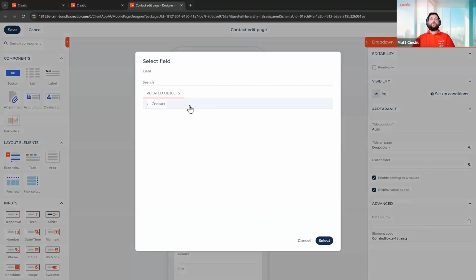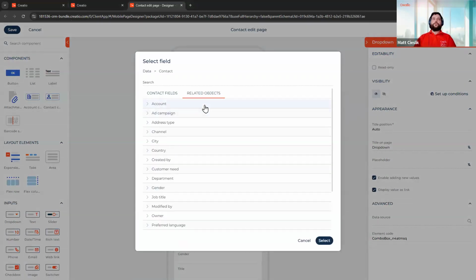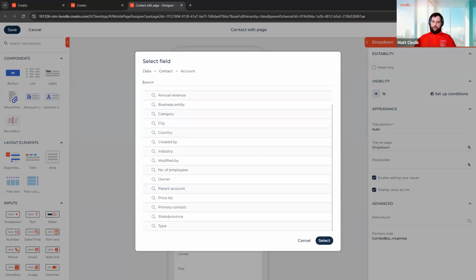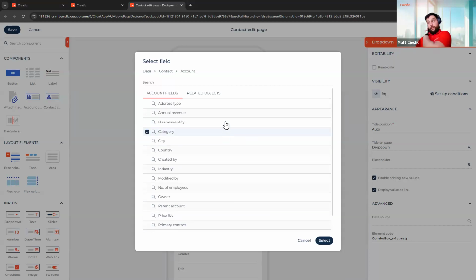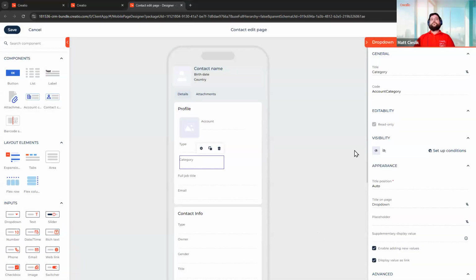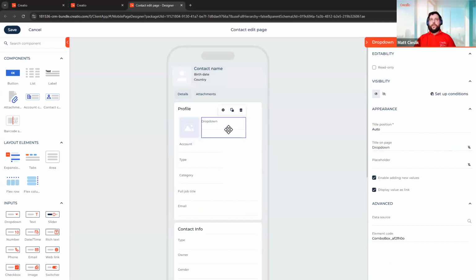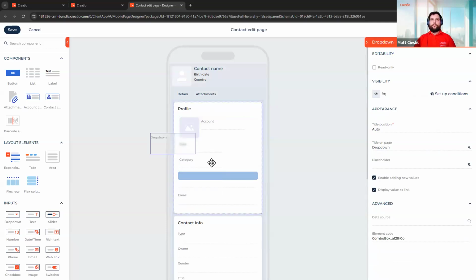What are the other values that could be in use? So let's go to contacts, of course a related object, account, and we can go as well with category of the company. Let me select it. As well as we have got category, we would like to know what is the industry. By the way, keep in mind that this particular, again, pardon my browser,